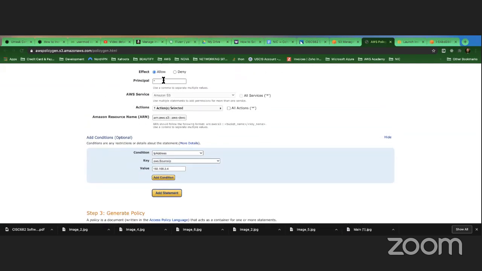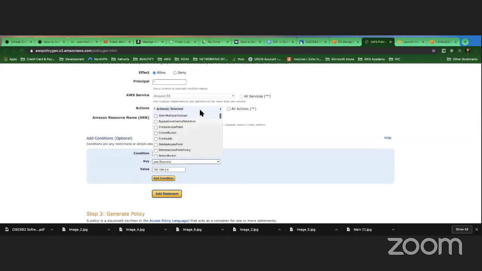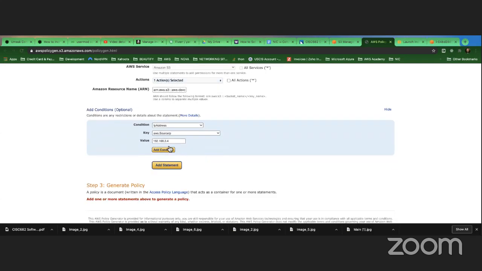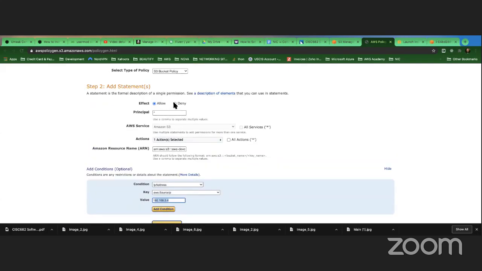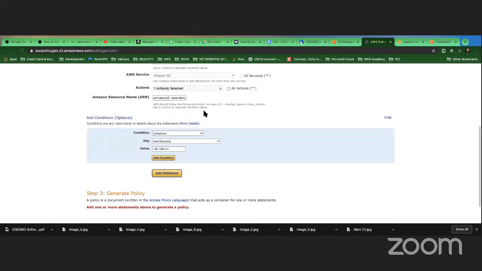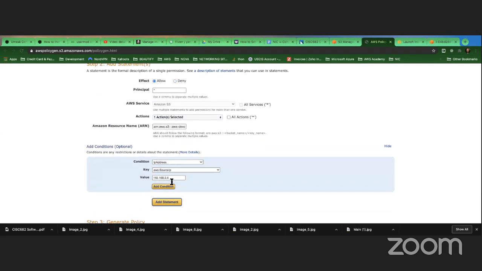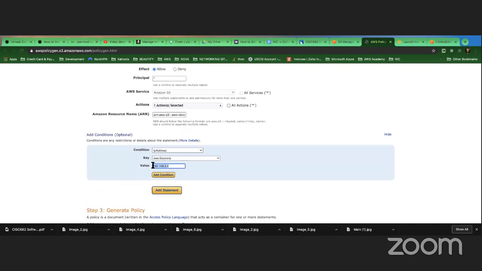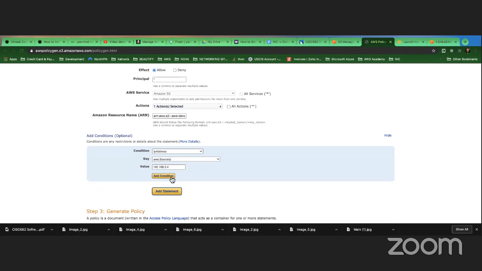Everybody that comes in to this bucket and tries to add an object, if it is not this IP, then you're going to deny it. Well, actually allow. If it is not the same as this, then deny it.